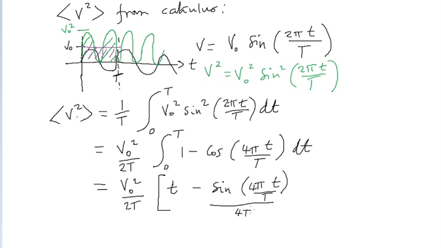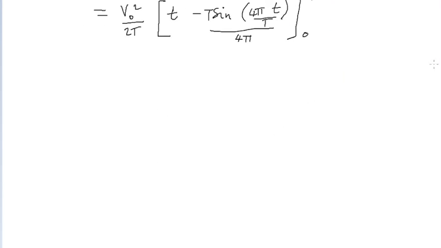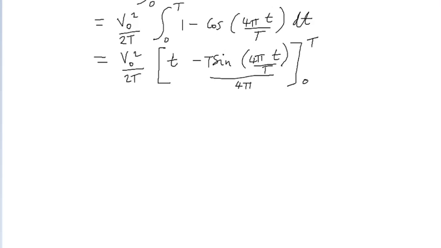So this is 4 pi, and you have a t here. All right, and it's a definite integral with these limits here, 0 to t. Okay, now, and we'll carry on with this. So what we'll have is,